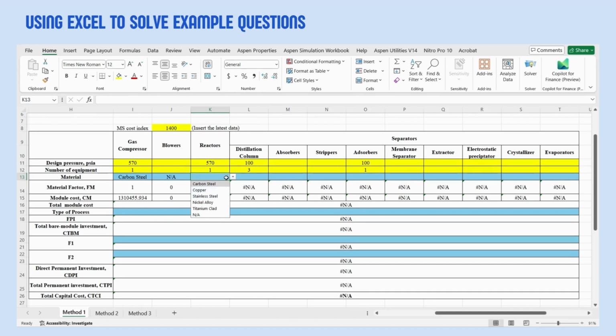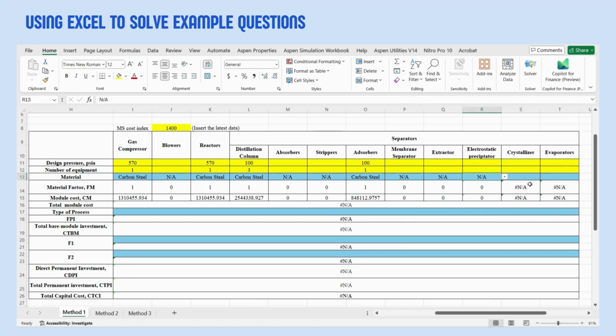So the blue box here, we can choose whether it's carbon steel, copper, stainless steel, nickel alloy, titanium clad, or NA if there is no equipment there. So here we just choose carbon steel for each equipment and NA for the other equipment, and then the